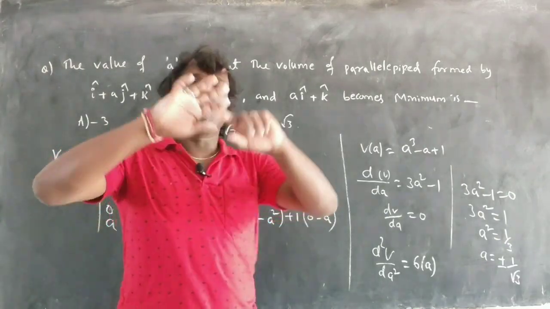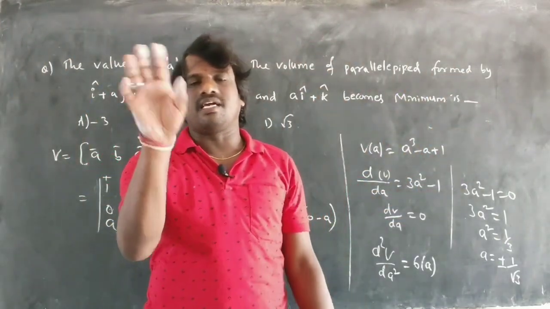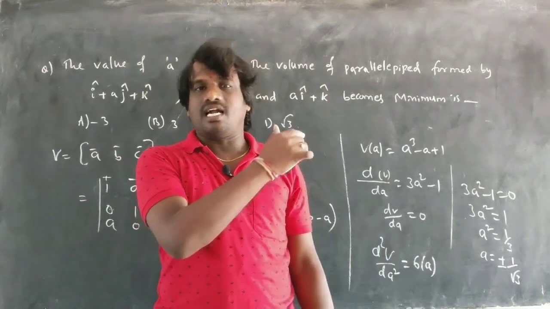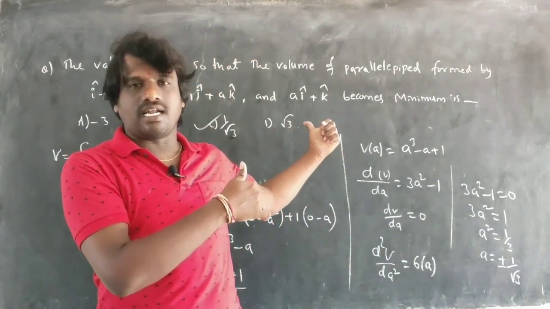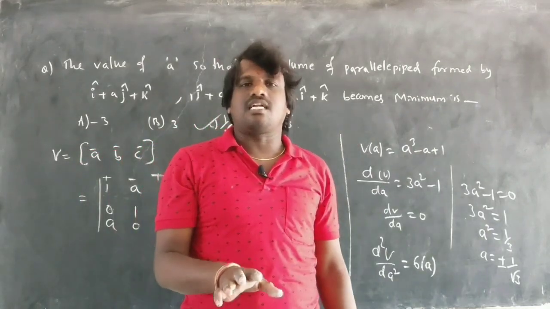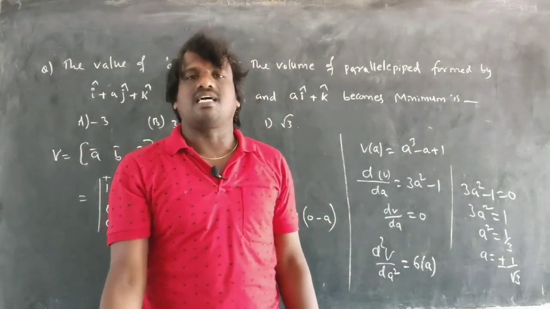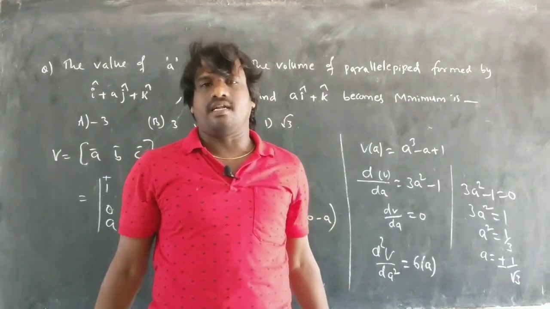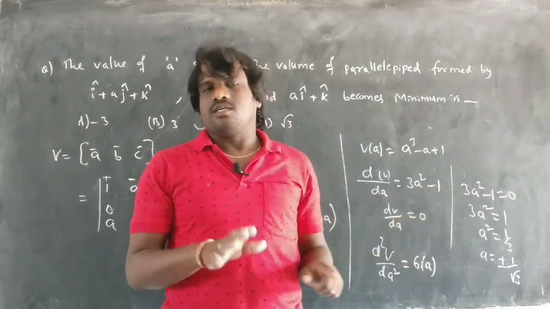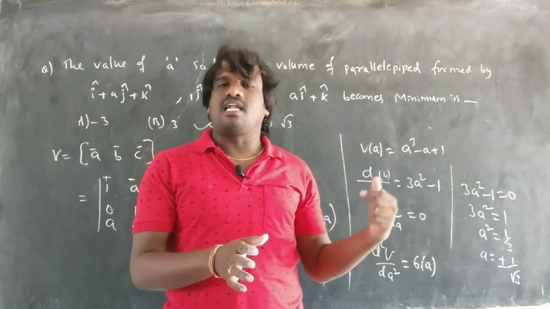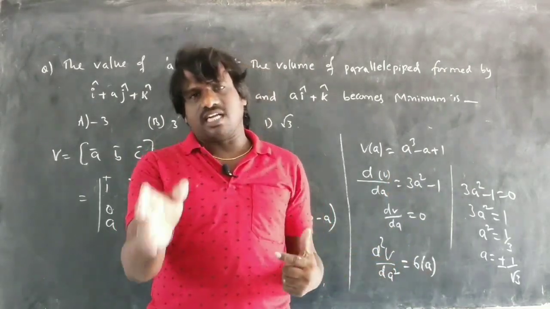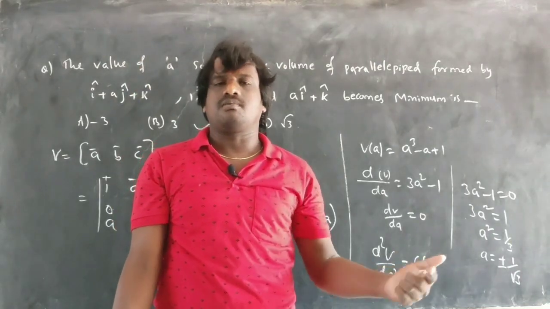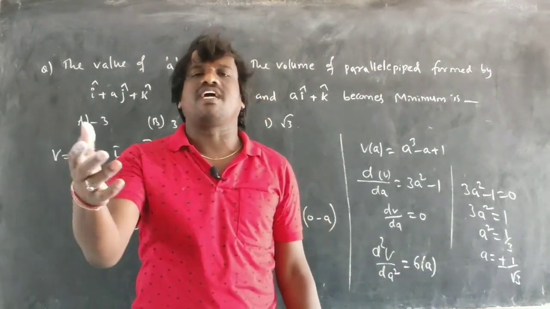Tomorrow we will do more questions for practice, and then we enter into the vector triple product. Now we are discussing the scalar triple product. Still in scalar triple product, some more 3-4 points are left: tetrahedron, volume of tetrahedron. So tomorrow we will discuss scalar triple product again and let me finish that. Then if it is possible, the day after tomorrow, I will move on to the vector triple product.